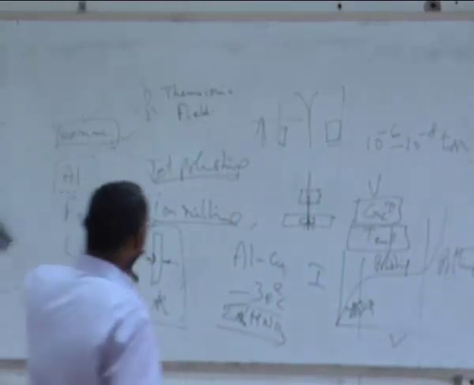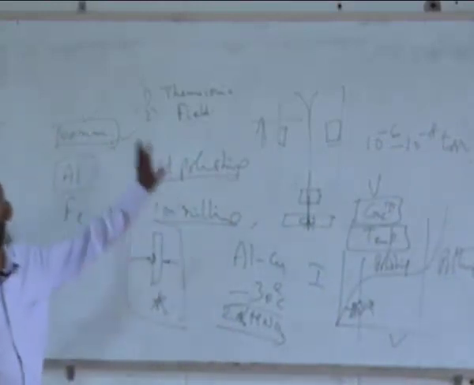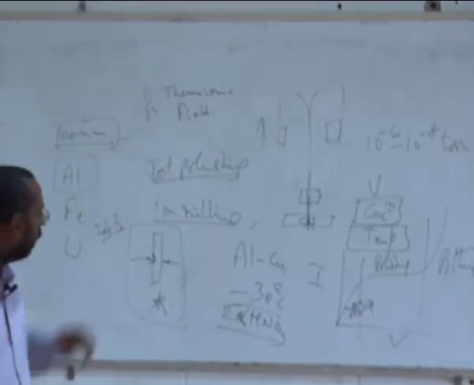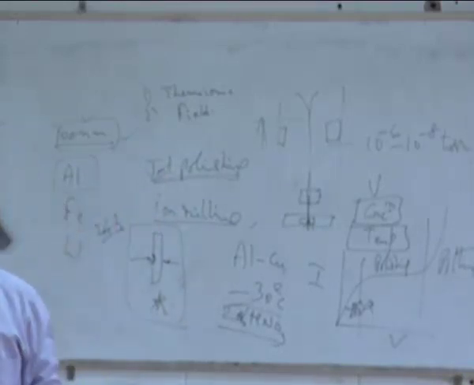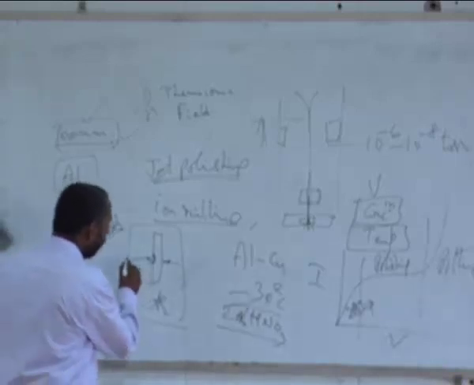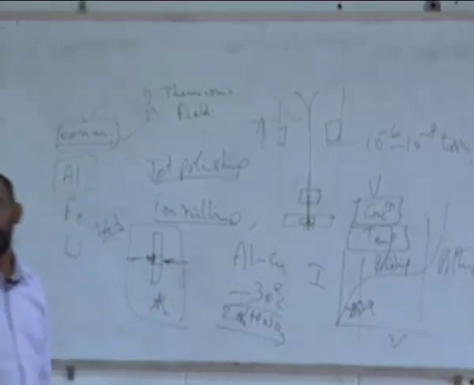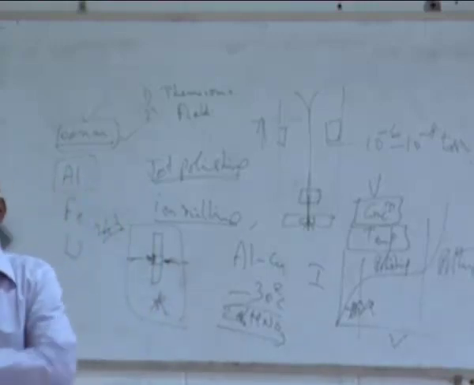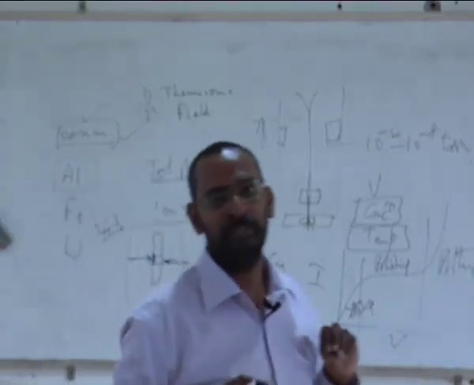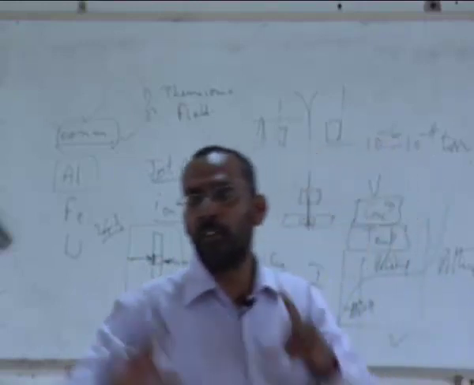Similarly, when you are doing ion milling also, the conditions have to be carefully maintained: the gun current and the voltages that we are using, and the angle at which the beam is falling is also very important. If the angle at which the beam is falling is completely vertical, then what you get is almost like a drilling. It's like a drilling. We do not want to drill a hole. Please remember, our goal is not to drill a hole.